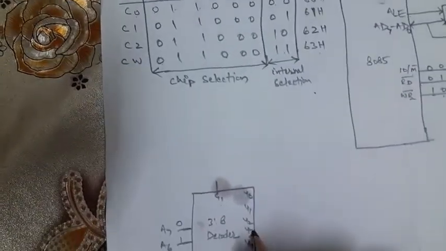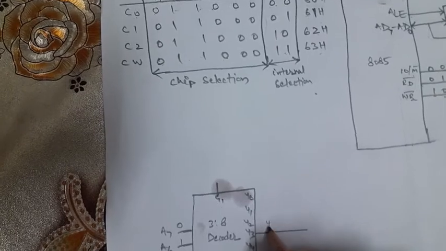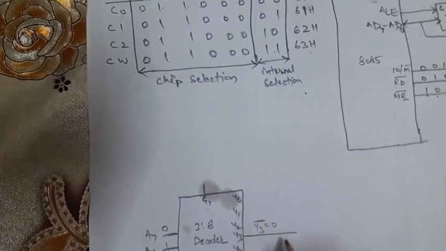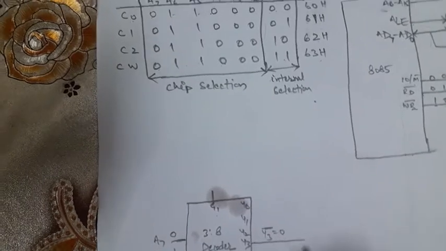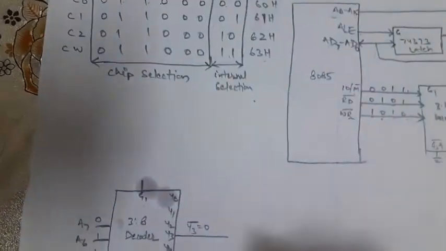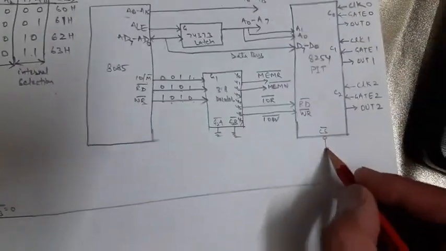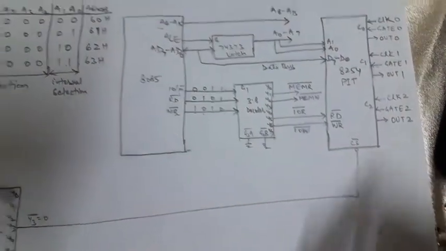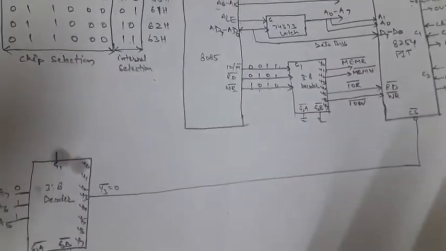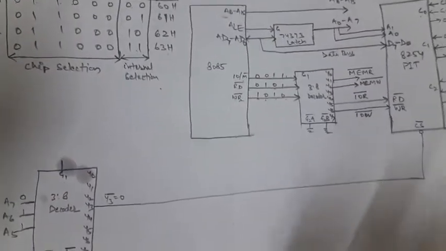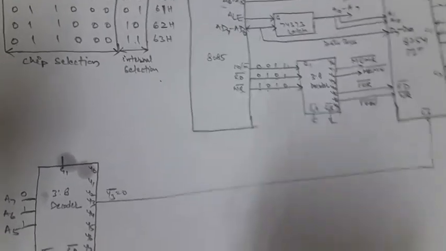It means Y3 bar will be selected. And this Y3 bar will be 0 only when it is connected to this CS bar, and only then will the chip 8254 programmable interval timer be selected. Otherwise, for any other addresses this chip will not be selected, and this chip should not be selected for any addresses apart from these four addresses. Okay, so now